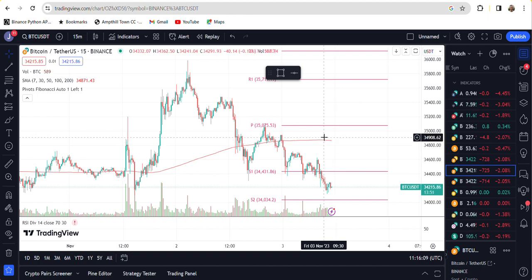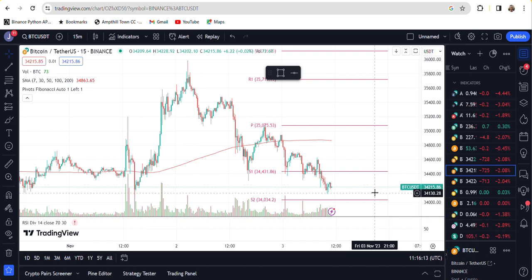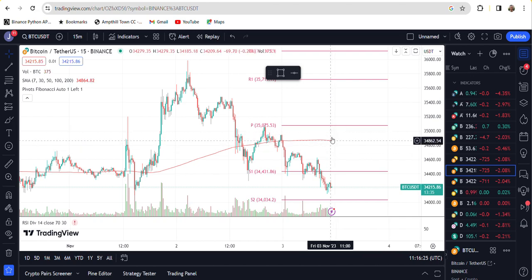But the idea is we want to see if the current price of a coin, in this case Bitcoin, is within a percentage of the 200 SMA and the pivot. We want those two to line up with the price, and then you could think about doing what you want with it. So our script is going to tell us when the price is within, in this case, 3% of the pivot line and the 200 SMA.